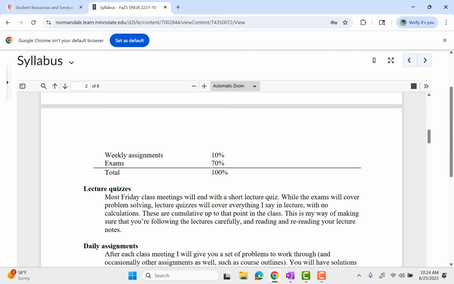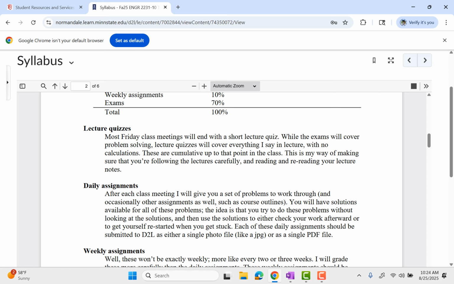So first is lecture quizzes. I try to condense down the information that you're given into a very manageable amount. And what I want you to do is remember that stuff pretty well. Over the semester, just keep reading through your notes, just keep trying to store this stuff in your head. And the way I'm going to encourage you to do that is